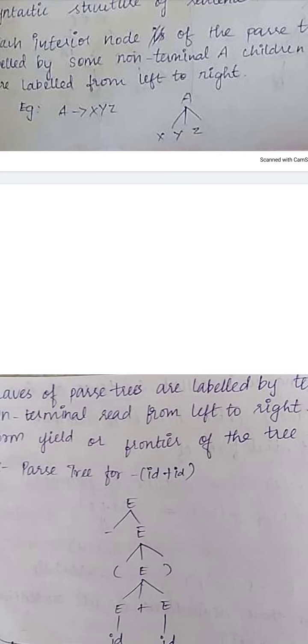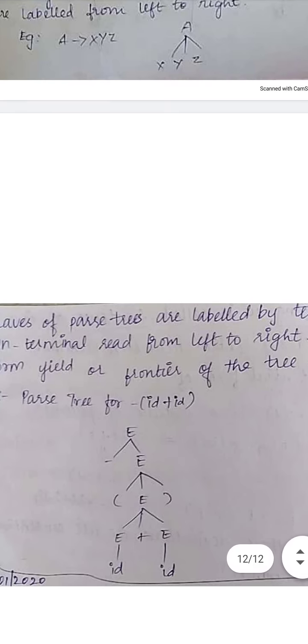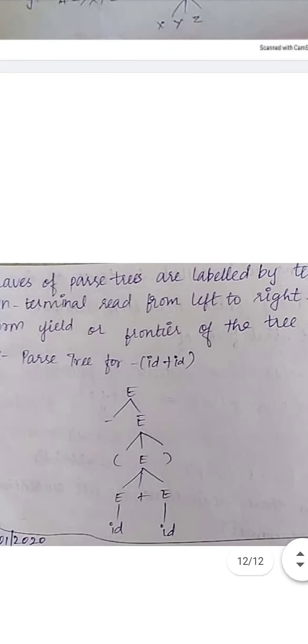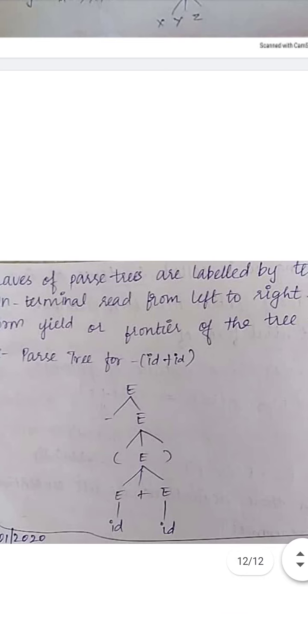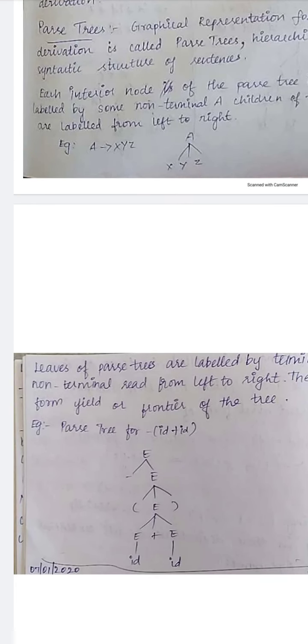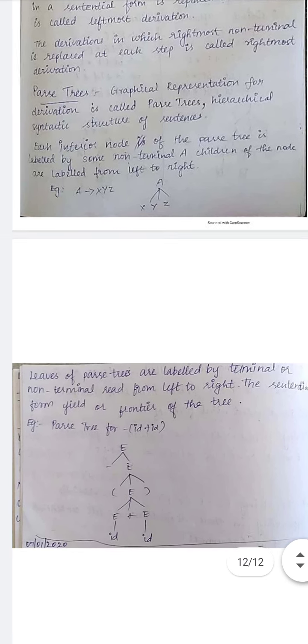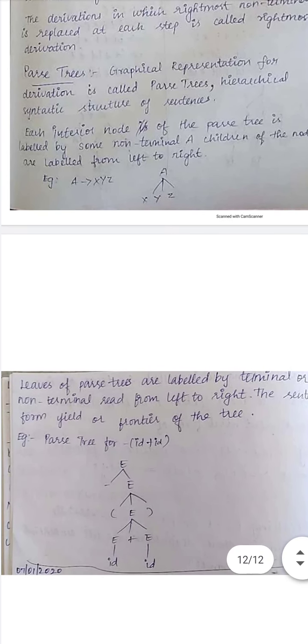And then the leaves of parse trees are always terminals. The leaves, in the sense of the final leaves that we have in the parse trees. The leaves of parse trees are labeled as terminals or non-terminals, but the final leaves alone are your terminals, because our objective is to construct the input string in the parse trees. We are going to use these parse trees.